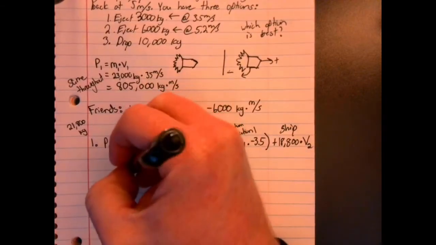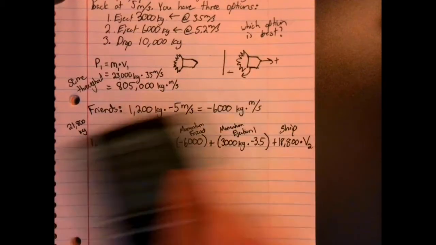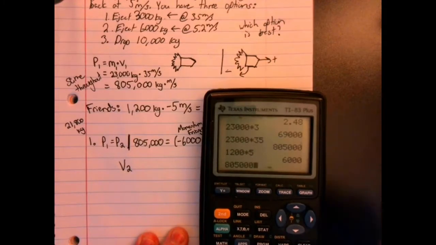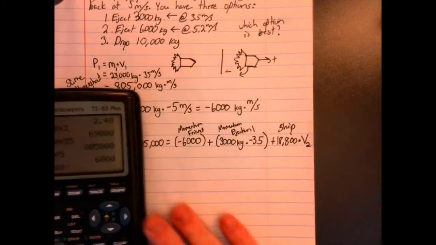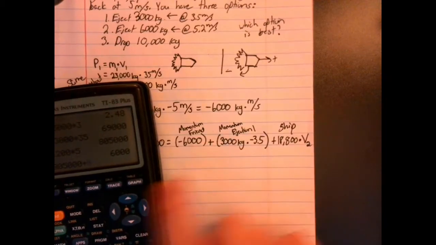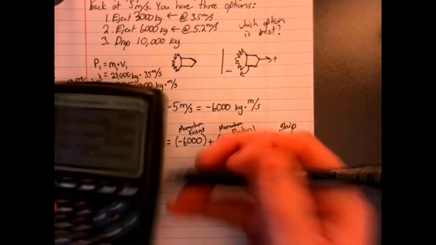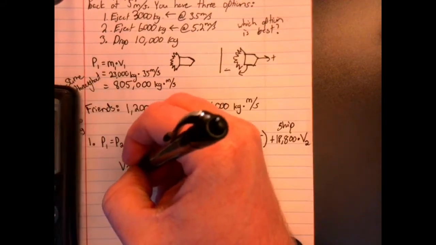If we solve all of this for V2, we will get a big number probably. We'll see. Well, not a big number actually. 805,000 is probably going to help us. So 805,000, we have to add this 6,000. Then we're going to add 3,000 times 3.5. And then finally, we're going to divide by 18,800. So we will get a new speed in scenario 1, or we'll call this scenario A,